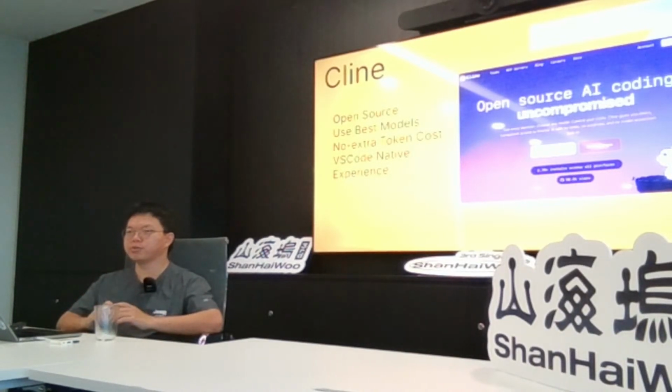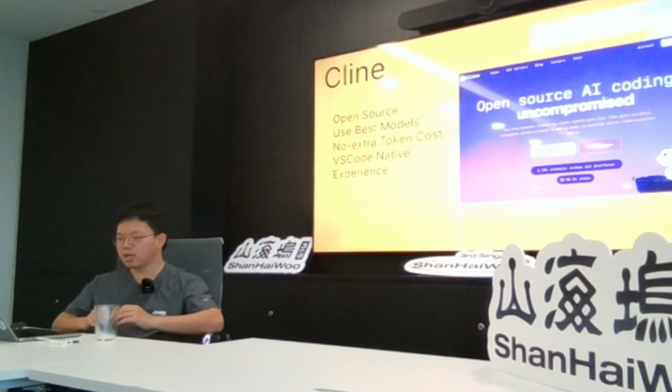So you don't have to send all your code and all your instructions to Cursor. You can just use your local AI model and your local development environment, which is very good for privacy